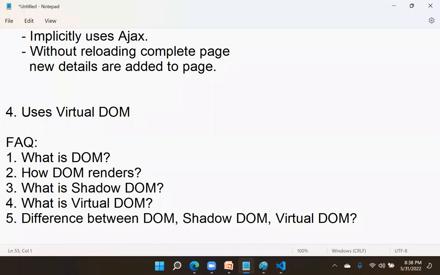Okay, I hope you are clear with this. Tomorrow we will finish the introduction part. Then tomorrow we will start practical. Practical means we will start how to install, set up and work with React, practically working after understanding the features and drawbacks. Okay, then don't miss tomorrow's session. That is important for React, because in tomorrow's session we are going to learn the key feature of React, that is what is virtual DOM. I will give a complete clarity on what is DOM, shadow DOM and virtual DOM. Tomorrow we'll learn about that.